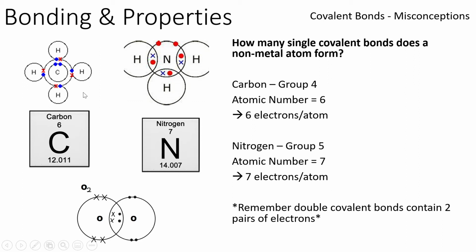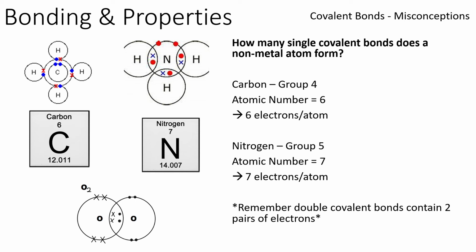Now the carbon atom, carbon has got an atomic number of 6, so it's got 6 electrons in total. This shows the inner shell, so it's got 2 here, and then it's got 4 in the outer shell. Now carbon is in group 4. Because it's in group 4, it tells you it's got 4 electrons in its outer shell. If it's got 4 electrons in its outer shell, how many more electrons does it need to get a full outer shell? 4, because in that shell you have up to 8. So we share 4 electrons with 4 individual hydrogen atoms, 1, 2, 3, 4 red crosses, which means we end up with a total